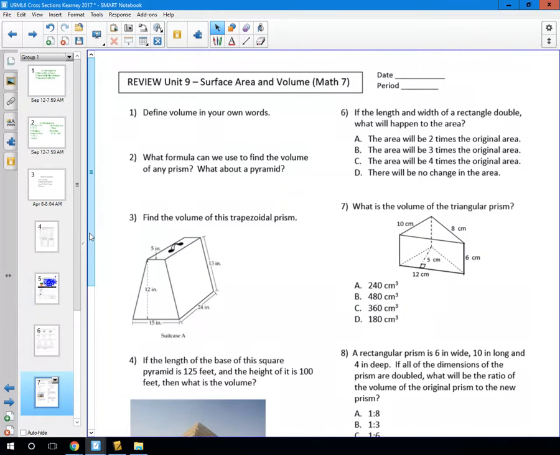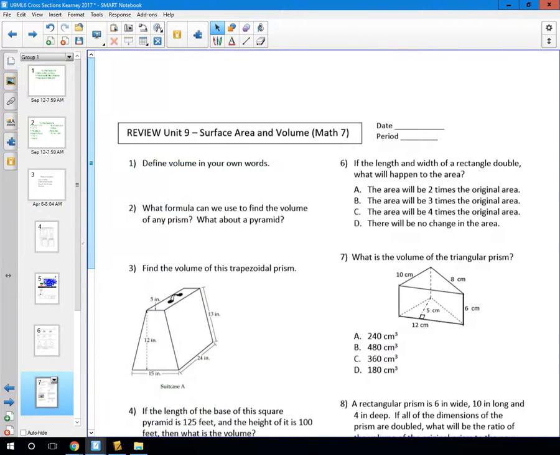And what I want you to do is, when you are going through this review, what I noticed on your quiz on Friday is that you guys know surface area and you know volume, but when you put them together, sometimes we get confused. So what I'm going to do is give you some steps that I want to see that you do as you solve your review problems. So on the back, I want you to write these 3 steps down. Okay? The first step,